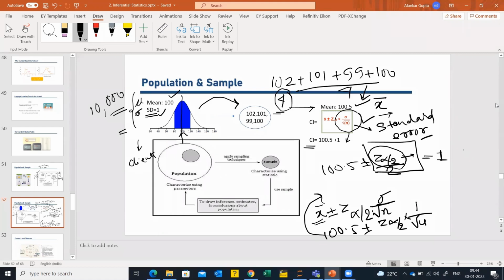So for those who want to know again what we have done here: this was a machine which was supposed to produce items worth 100 centimeters, with a standard deviation of 1. This was the machine that was running. I picked 4 samples out of it, and based on that, I want to judge whether the machine has shifted or the machine setting needs to be changed. I calculate the Z value from a chart. When you look into hypothesis testing, you will understand whether to accept or reject this hypothesis.